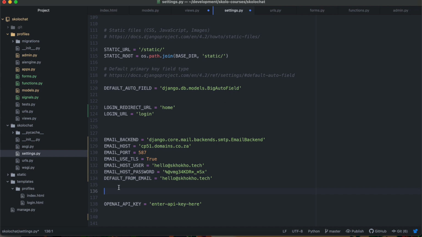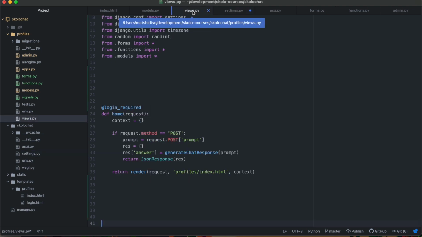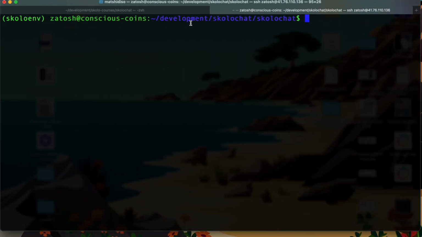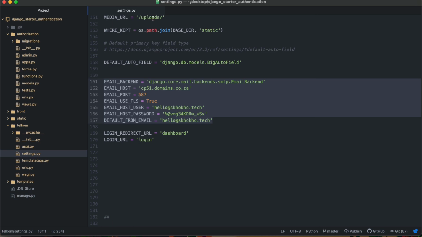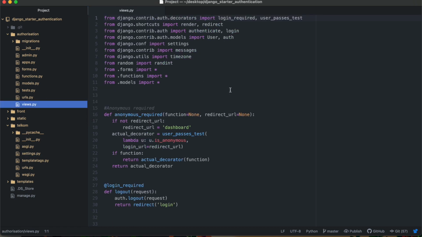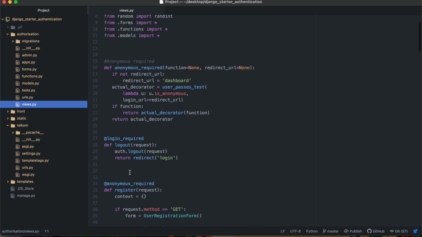But nonetheless, I've got my email details over there, right? So I can send an email. And then we go back to where we were. We go back to our views, all right? And so we've copied all of that. Let's copy the logout